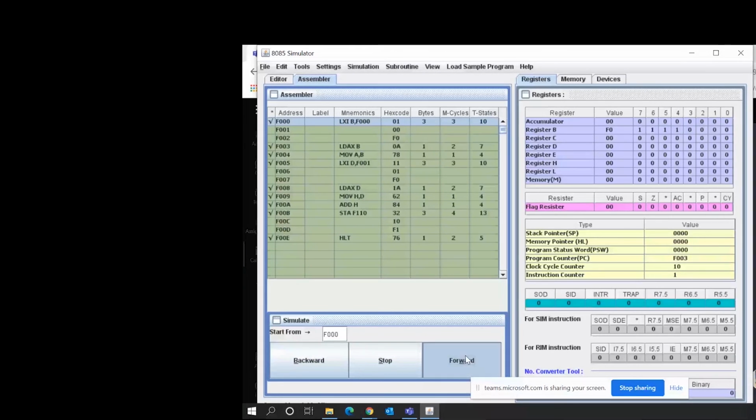And again, the accumulator is taking 1, sir. We need to clear that F001, right?